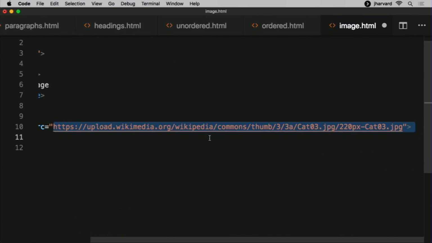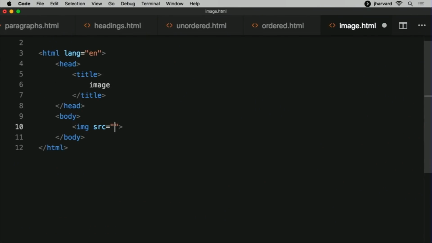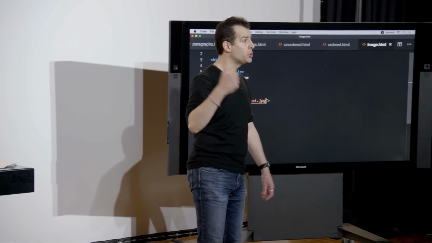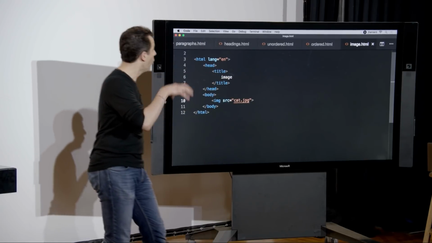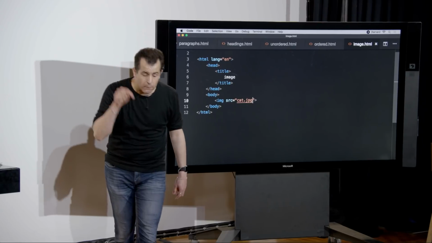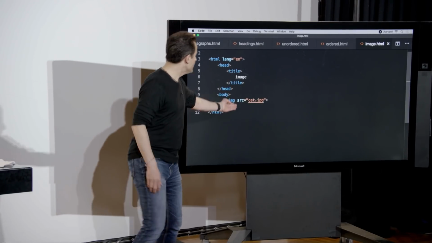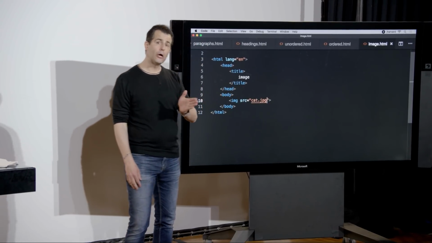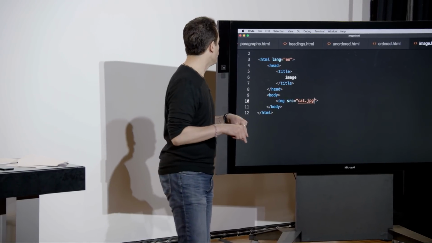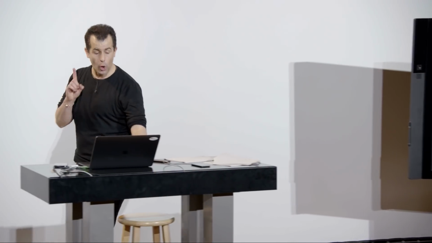So suppose that now the image in question is not on the internet, but quite simply it's in the same folder as image.html. In other words, on my Mac, on my PC, and eventually on my server, I can have not just one, but two or three or hundreds of files all in one or more folders. And if cat.jpg happens to be on my Mac in the same folder as image.html, this is what's called a relative link. The browser is going to assume that when you want cat.jpg, it must be in the current folder. And so if I save this now, knowing that that file is indeed on my desktop along with this